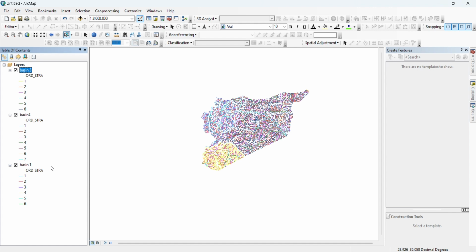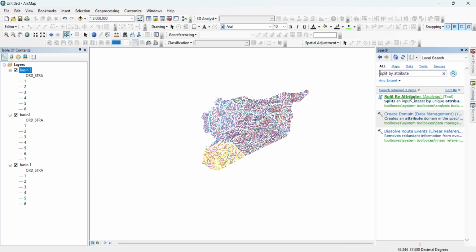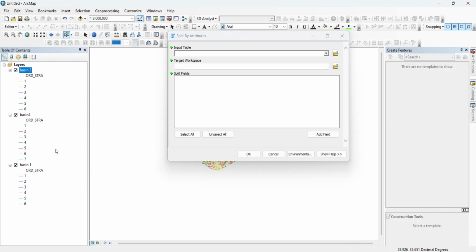Now we have to export each order of each basin as shapefile. To do this in a fast way, we can use split by attribute. Basin 1. Here we should choose which field we want to split. We choose stream order,